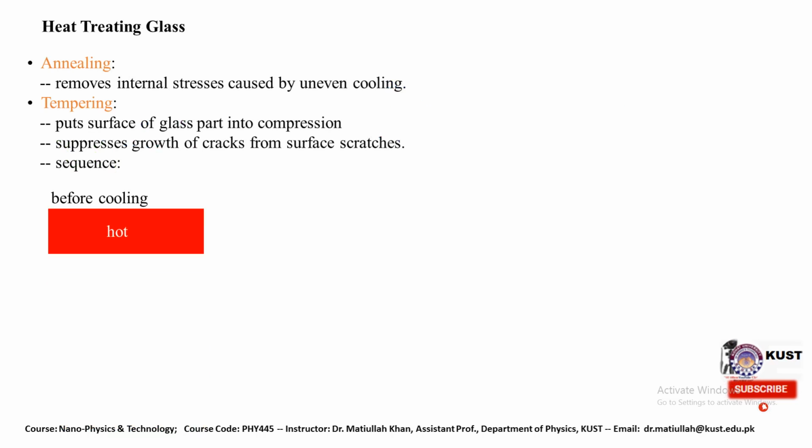There is a particular annealing process, which is a high temperature heat treatment of the glass. The annealing removes internal stresses caused by uneven cooling, and tempering puts the surface of the glass into compression, which suppresses the growth of cracks from surface scratches. The sequence before cooling: